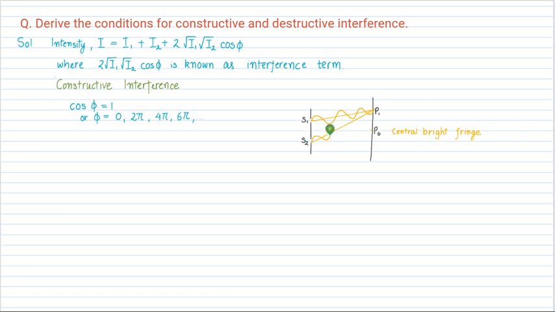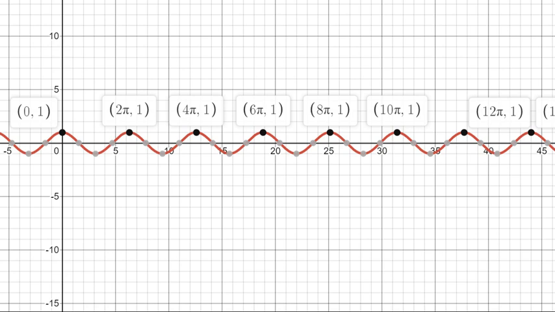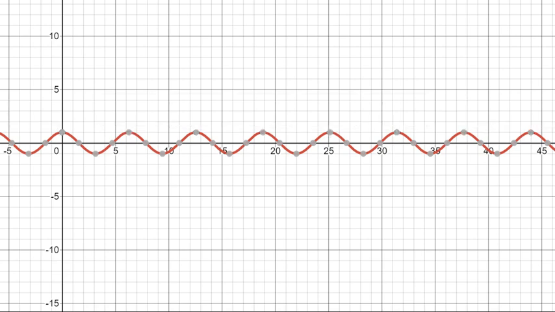One wavelength, two wavelength, three wavelength, and four wavelength. Fine. So in this case, the light is traveling three wavelengths, but in this case, the light is traveling four wavelengths. So there is a difference of how much? There is a difference of one wavelength. Okay, so if you look here,